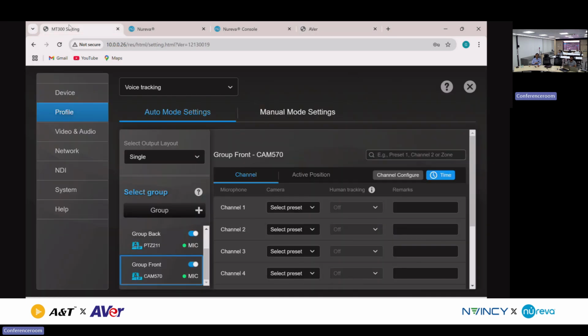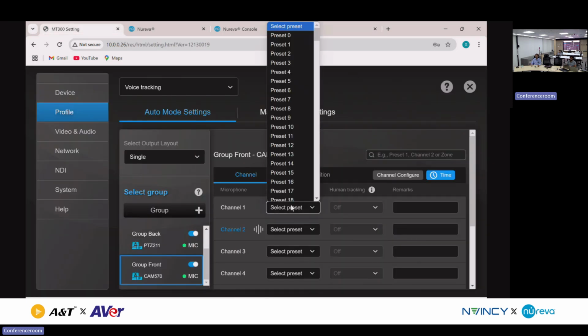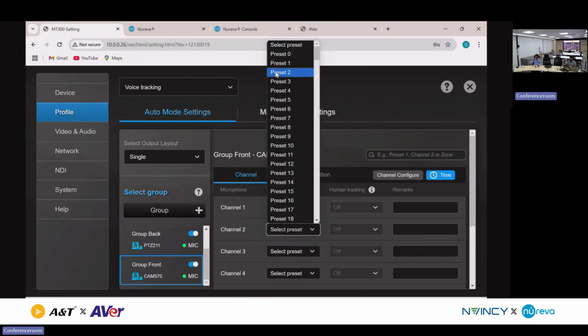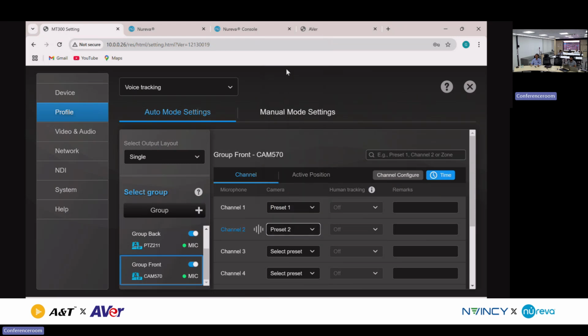So we'll go to the MT300 again. This is the front camera. The front camera on channel 1 is talking. We need to call preset 1. Channel 1, I think, is occupied, but that is for that particular camera. I think channel 1 will be